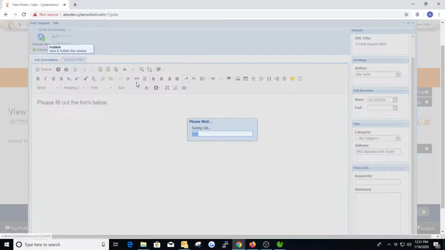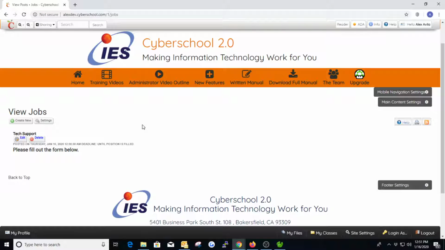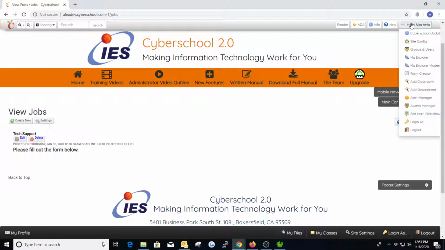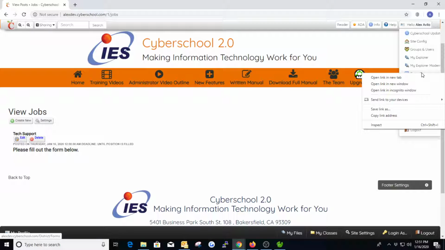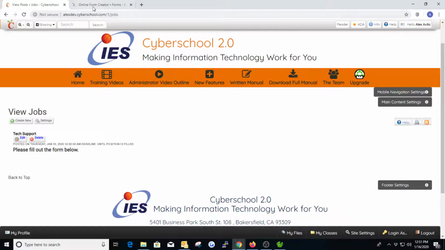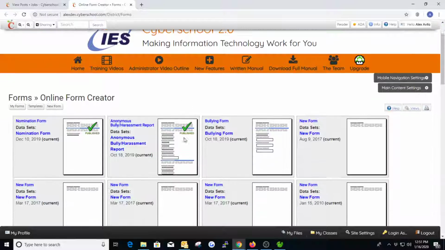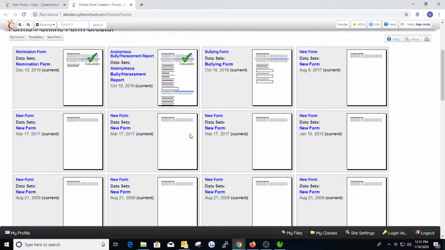And I'm just going to publish this. I know there's no form there yet. There is nothing, no switch to flip or anything like that. But what I'm going to do now is I'm actually going to open up the form creator in a new tab. And here's where we're going to start actually using our form creator to essentially link up and embed the